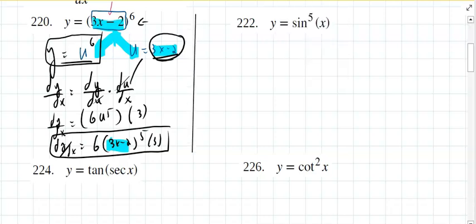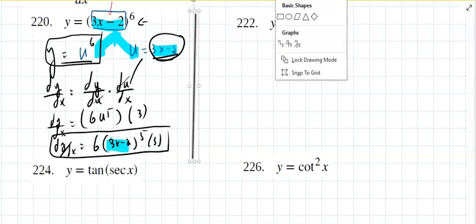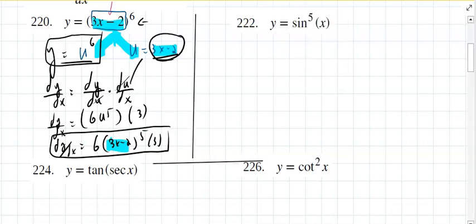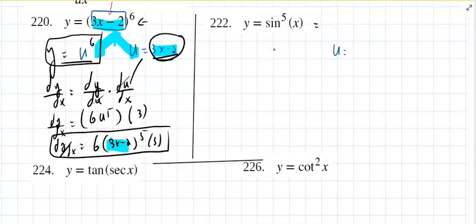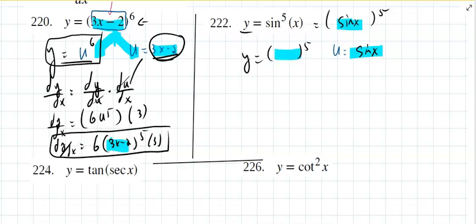apply that to the second problem, again, whenever you see two functions embedded within each other, you're going to let u equal. Now keep in mind that this is actually the sine of x to the fifth power. So what's the inside? This is the insidemost function. I'm going to let that be sine of x. That means now y equals, and whatever we took out,